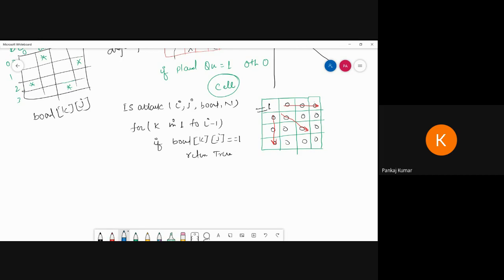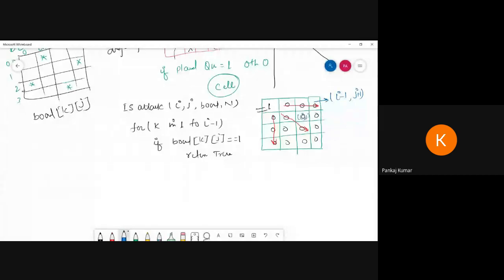What is the condition of this cell? i minus 1 comma j plus 1. Suppose the cell where I am going to place is i comma j, anywhere.